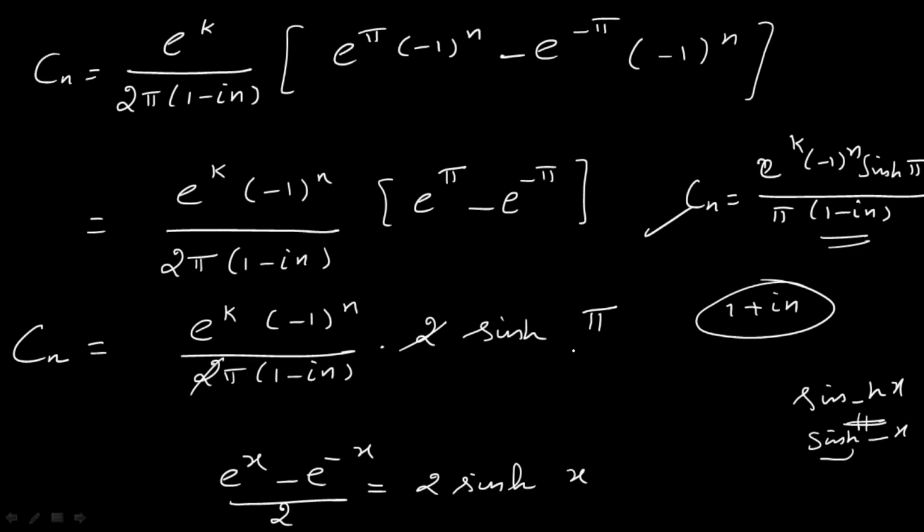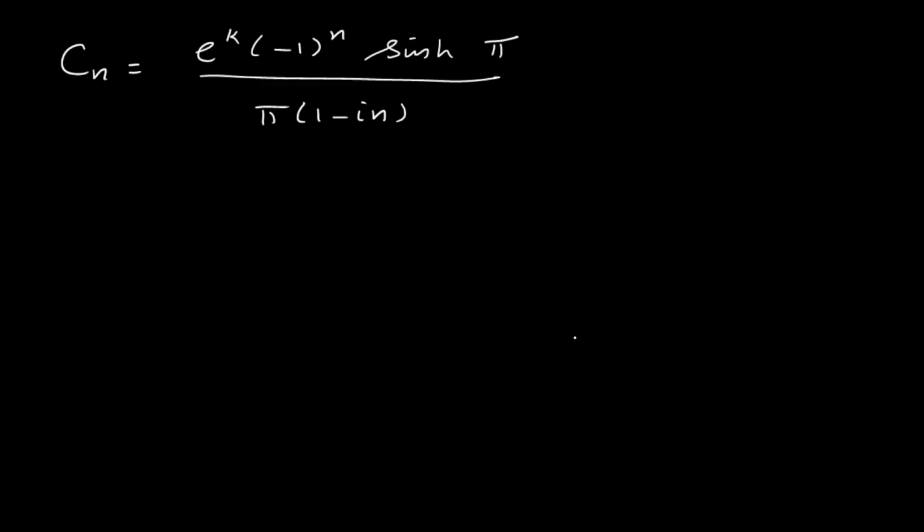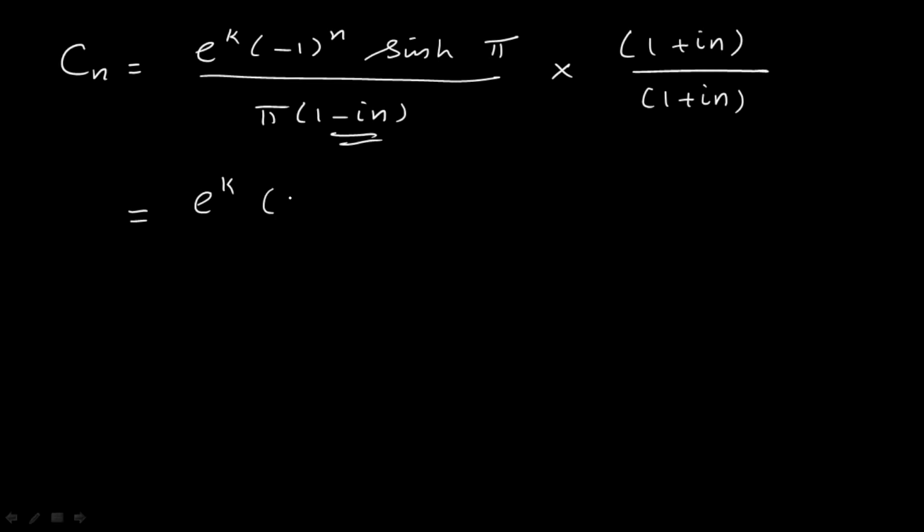Once again, what I am going to do here is multiply both numerator and denominator by the conjugate, 1 plus in divided by 1 plus in. So that is equal to e power k of 1 plus in of minus 1 whole power n, sine h pi over